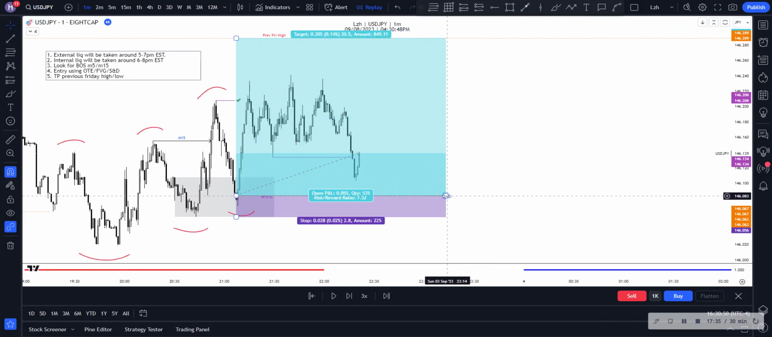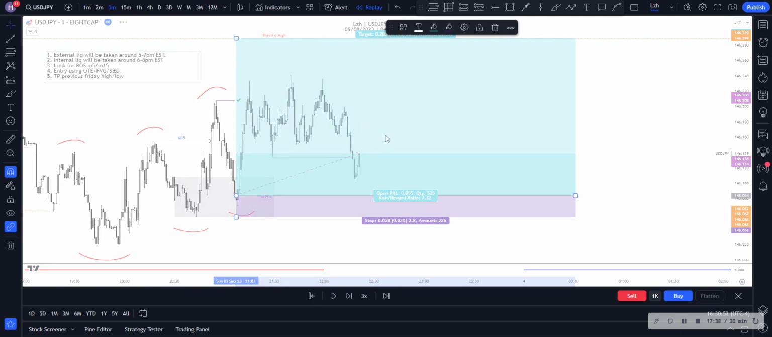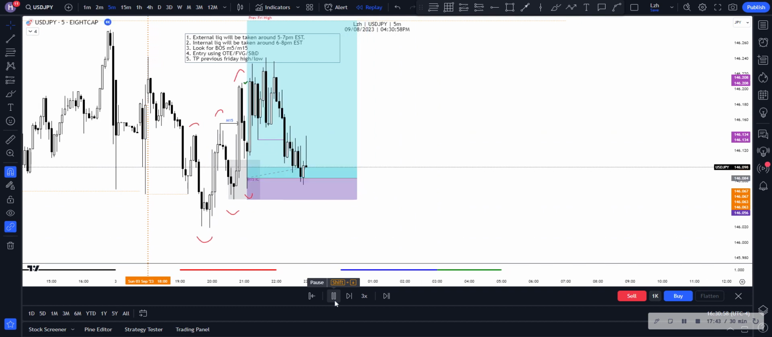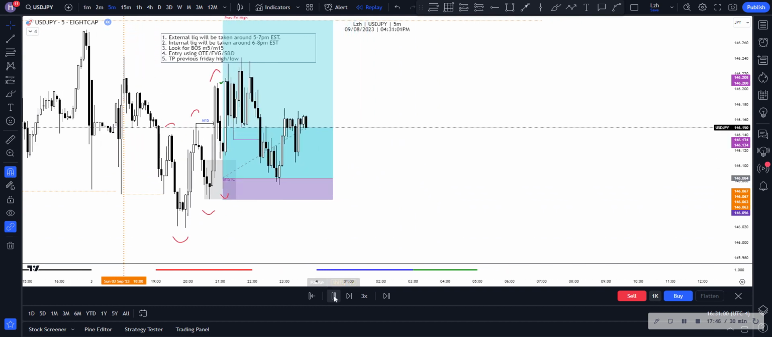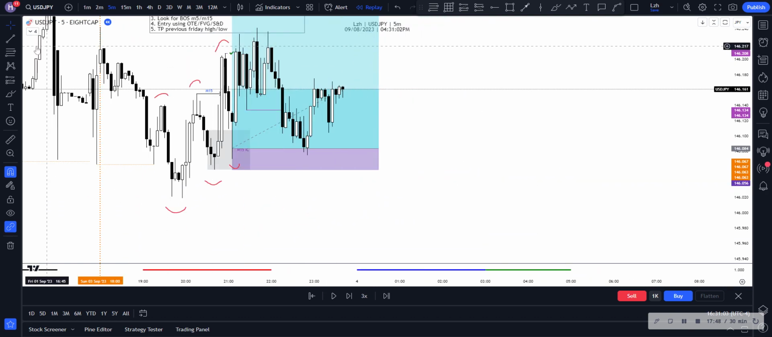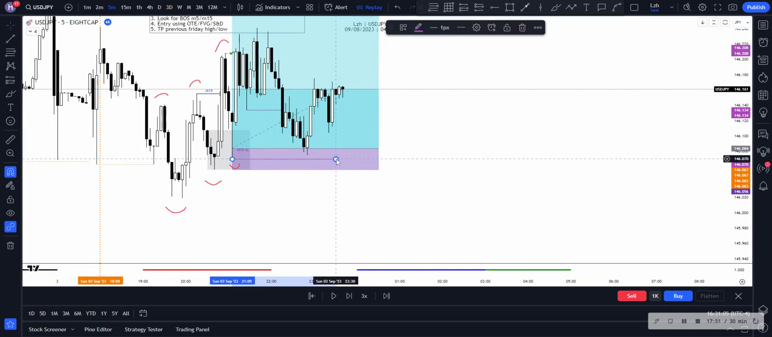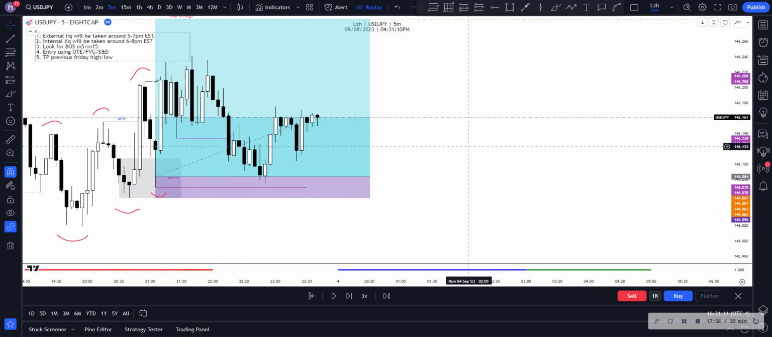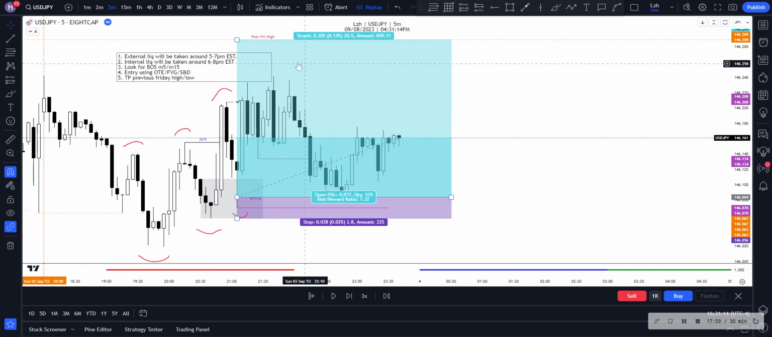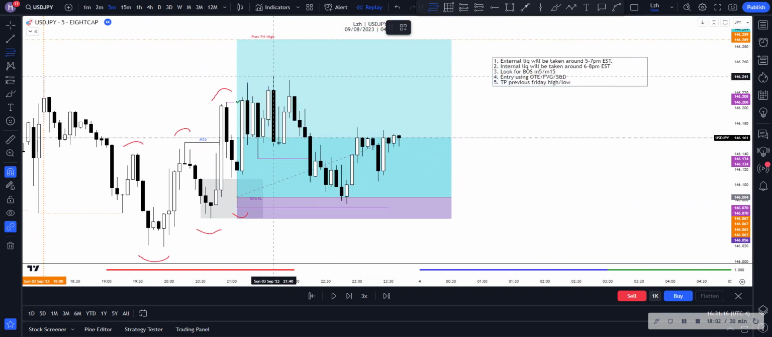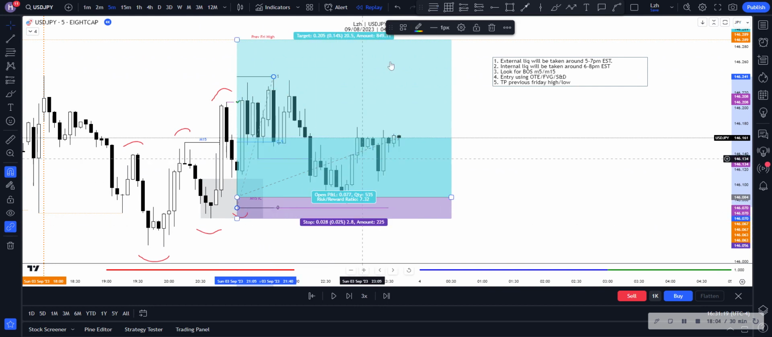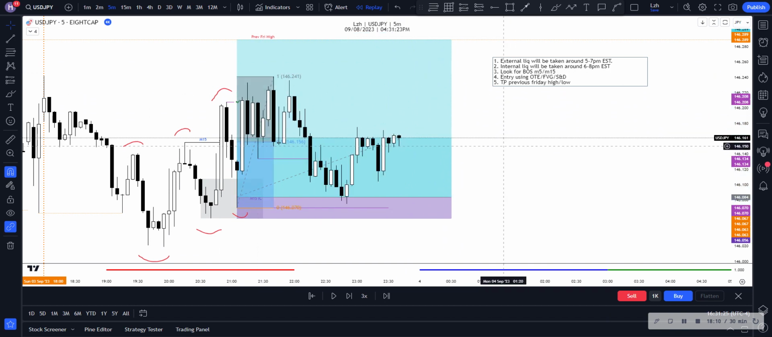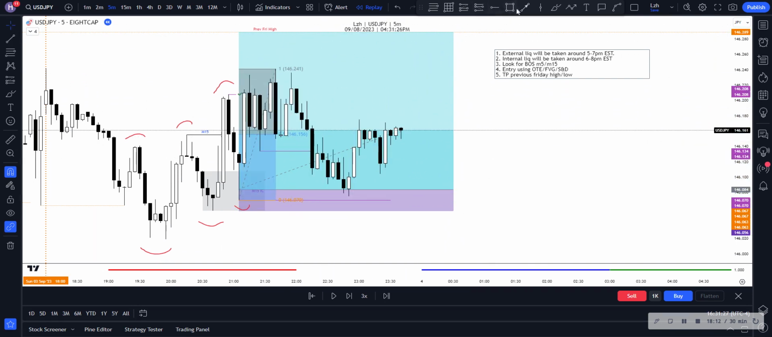So let me continue to play out some candles over here. You can see that this low is still holding, and internally within this range, we had